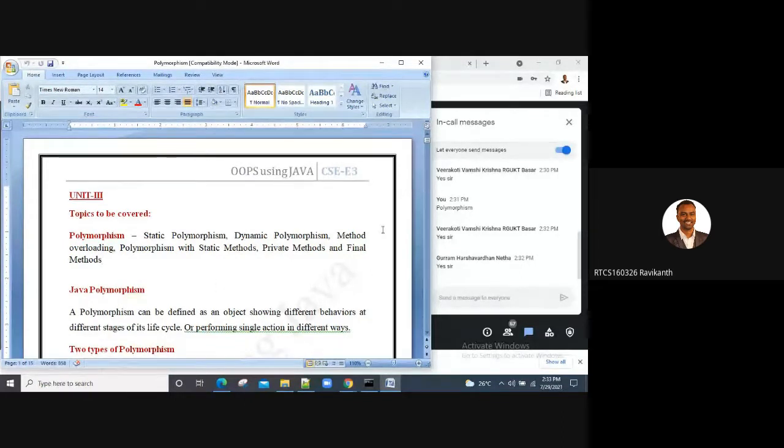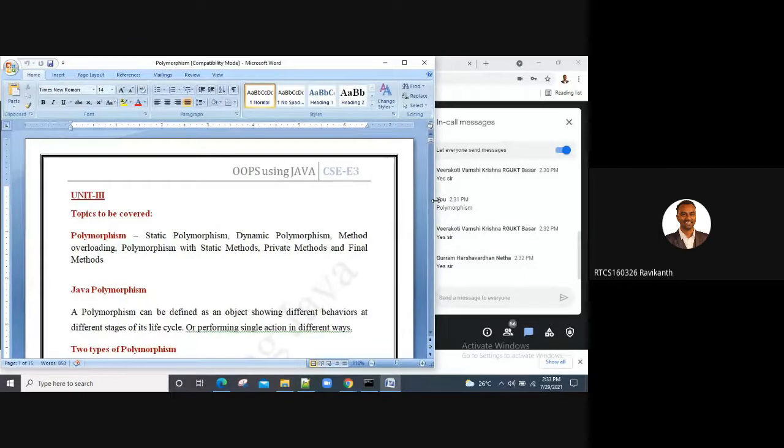So what do you mean by polymorphism? We have already covered this in our initial units. In the first unit I already spoke about polymorphism: an object showing different behaviors at different stages of its life cycle, right?